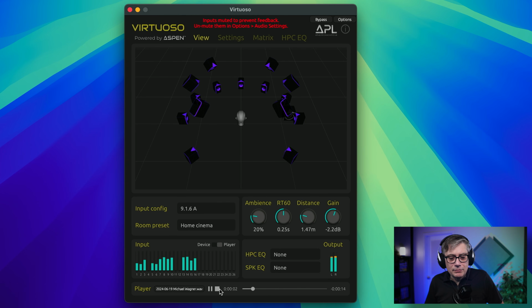Now, this is not necessarily something that I had actually expected, to be perfectly honest. I didn't think that somebody would do that. I'm honestly not entirely sure how useful that is, but it's an interesting feature. It's very interesting, actually, that the feature should allow you to monitor different speaker layouts binaurally with your Dolby Atmos master file. Now, the one thing that you can also do is load in a re-render. So if you have, for example, re-rendered that in 9.1.6, you can load that file in as well and play it back. However, if you do that, make sure that you have the correct speaker layout selected, because it's not going to automatically adapt to a different speaker layout.